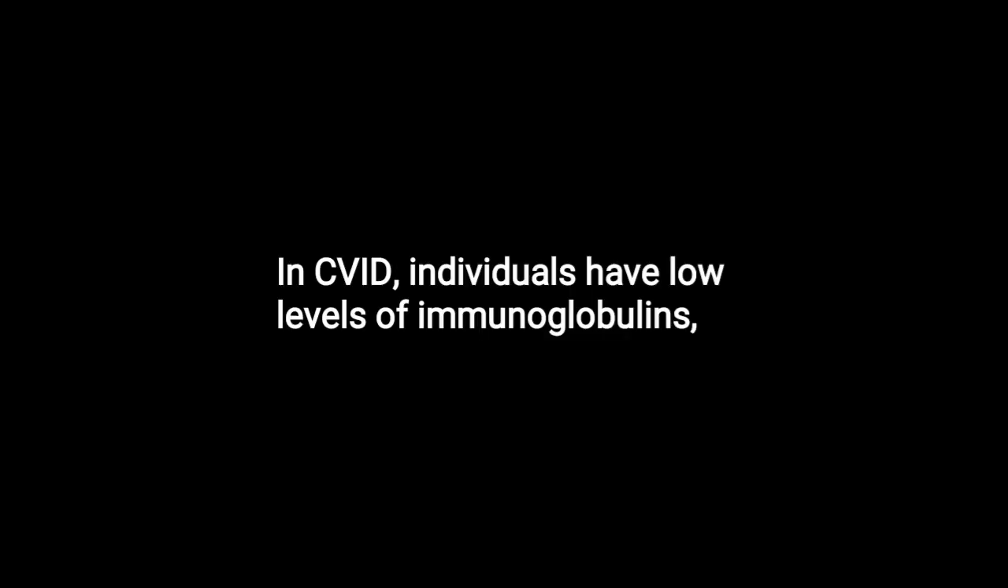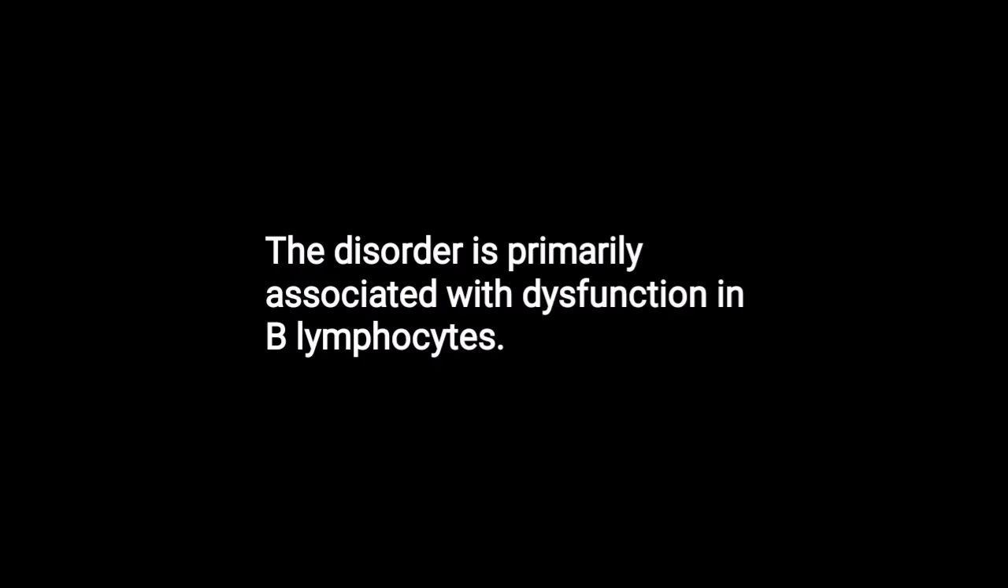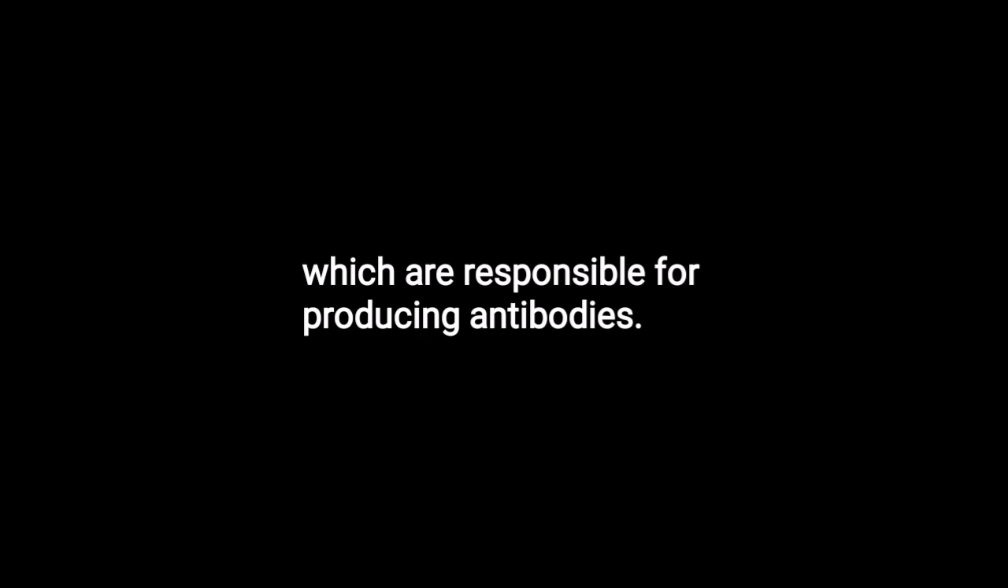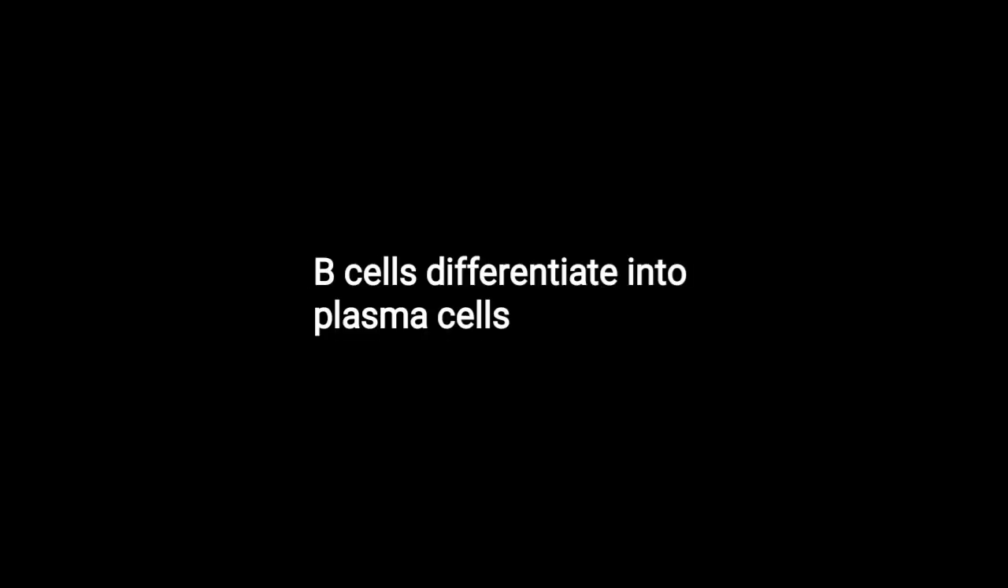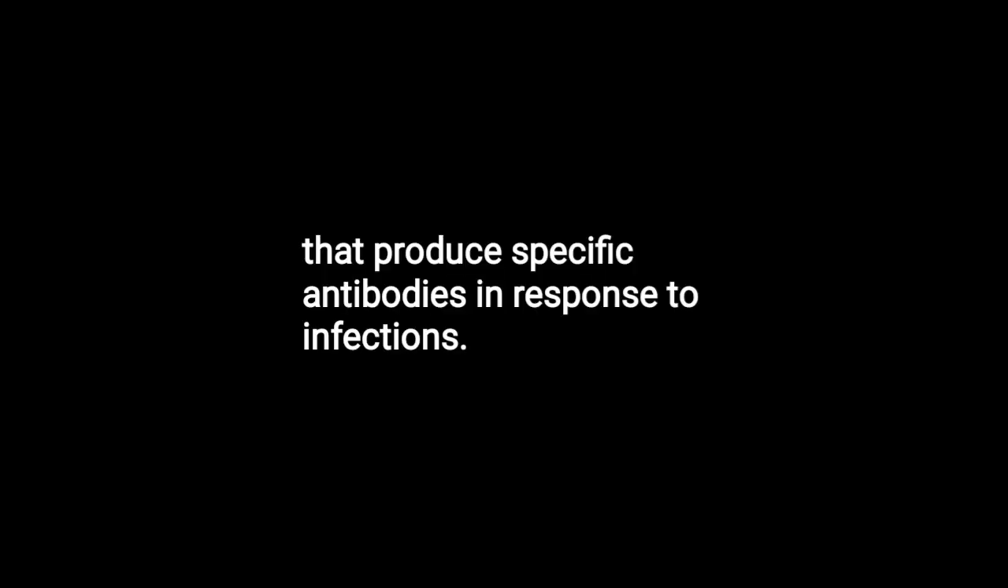In CVID, individuals have low levels of immunoglobulins, IgG, IgA, and IgM, which are essential for mounting an effective immune response against pathogens. The disorder is primarily associated with dysfunction in B lymphocytes, which are responsible for producing antibodies. In healthy individuals, B cells differentiate into plasma cells that produce specific antibodies in response to infections. However, in CVID, this differentiation process is impaired, leading to reduced antibody production and a diminished ability to fight off